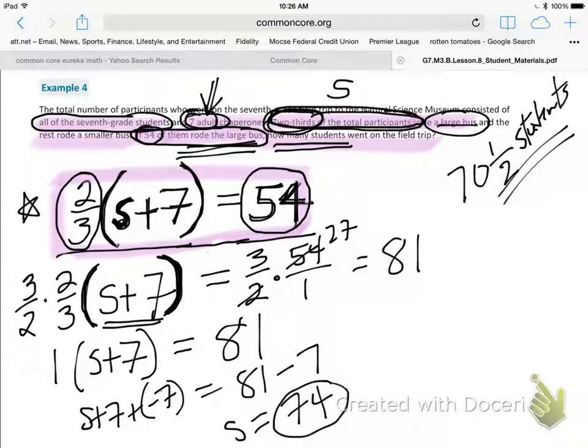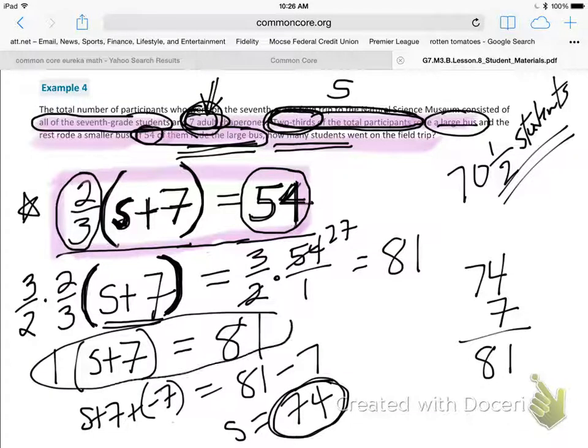Sounds like a much more reasonable answer. We can continue to check its reasonableness, by if we went ahead and added the 74 plus the 7, okay, because now we know that's students, that is adults, okay, because we just solved for students here, and we knew adults already was up here, 7. That's 81, which of course we knew from right here, okay,